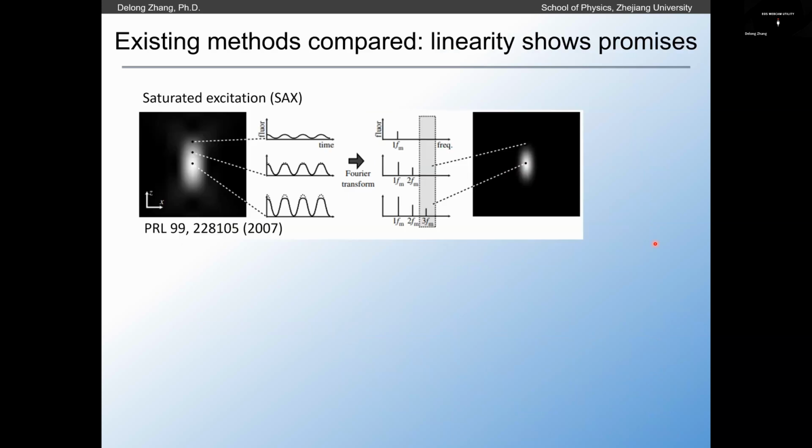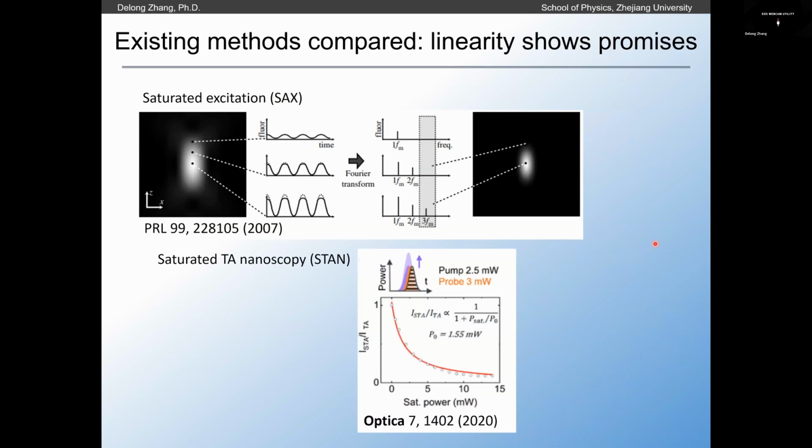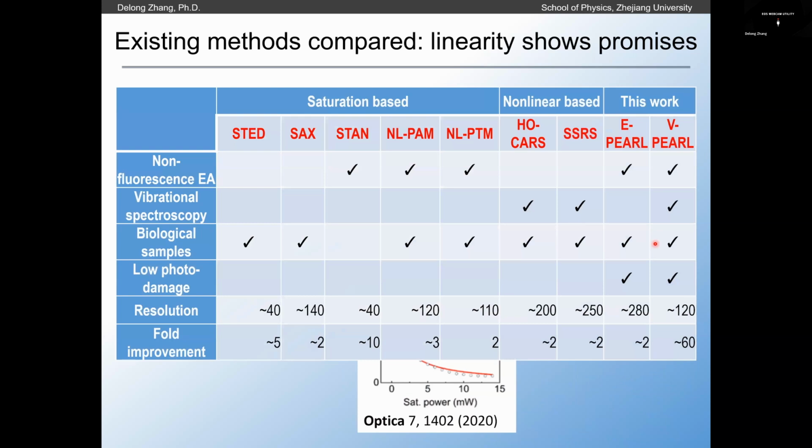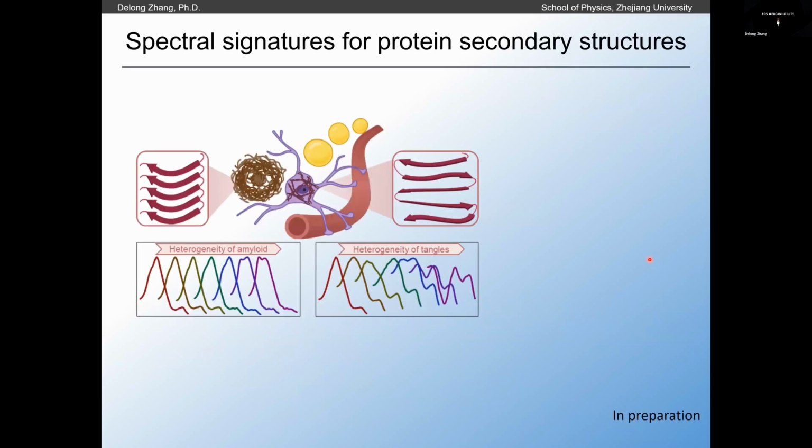And then to summarize, compared to nonlinearity-based super resolution fluorescence or electronic absorption super resolution techniques, this technique offers various advantages, for example in photodamage, applicability, and spatial resolution. And finally, I would like to use a minute to cover the biomedical spectroscopy and imaging applications of this MIP or O-PTIR technique, where we focused on p-tau and amyloid plaques in Alzheimer's disease brain,